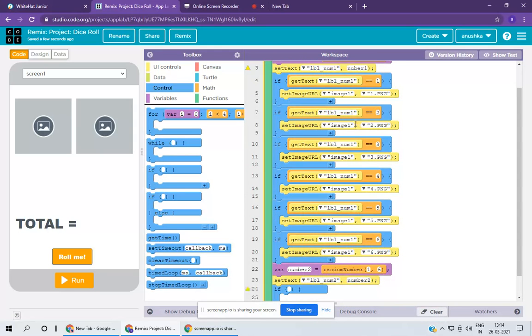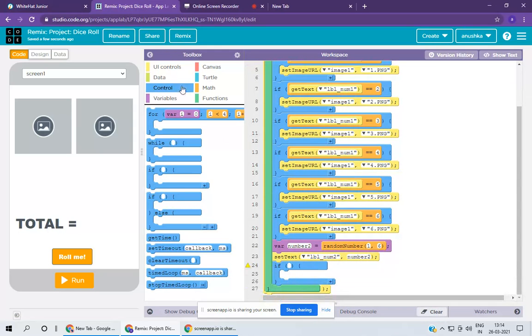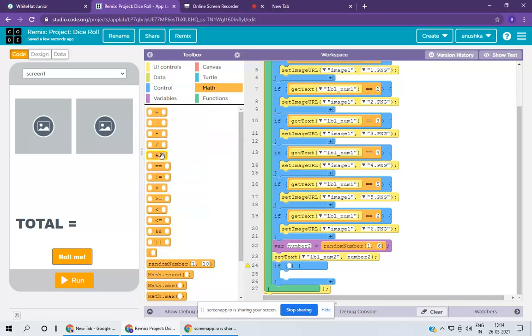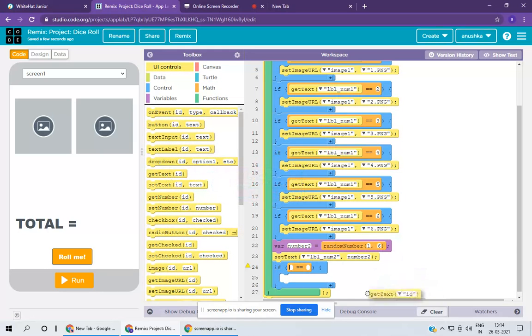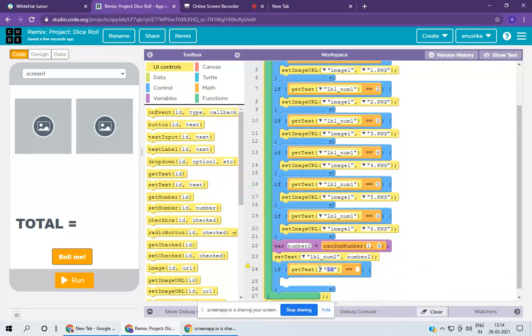Yeah, like this, and here we need the equal to operator. Now we need get text from UI control. ID should be changed to label number 2. Okay, and here the number 1.